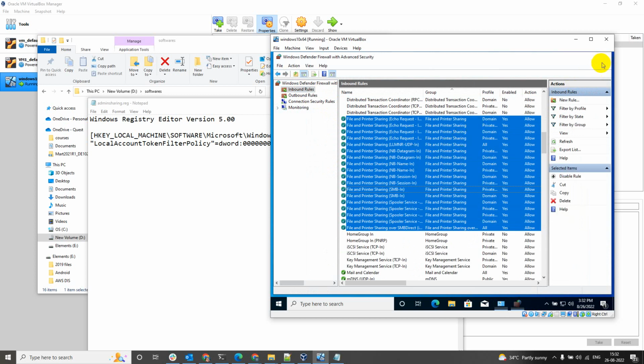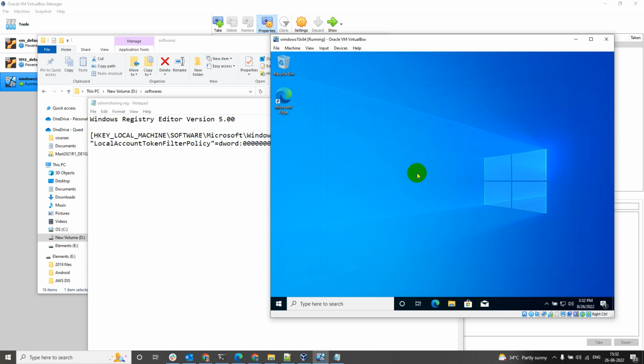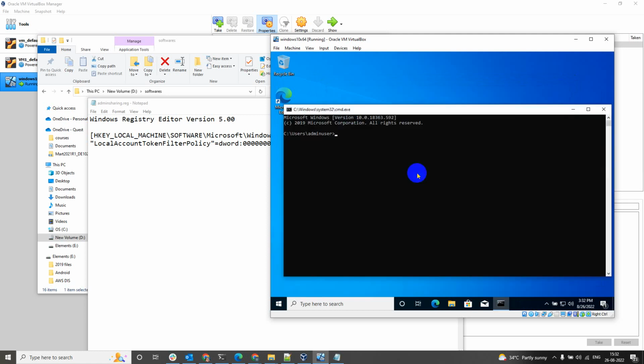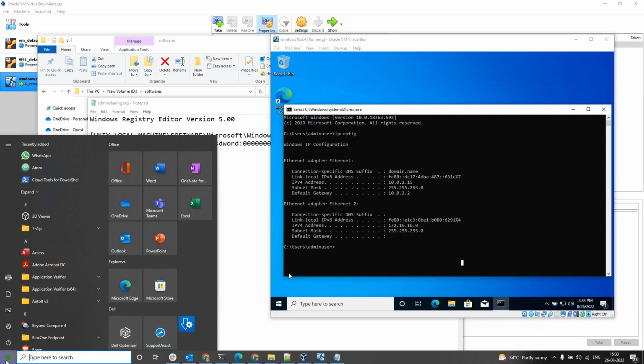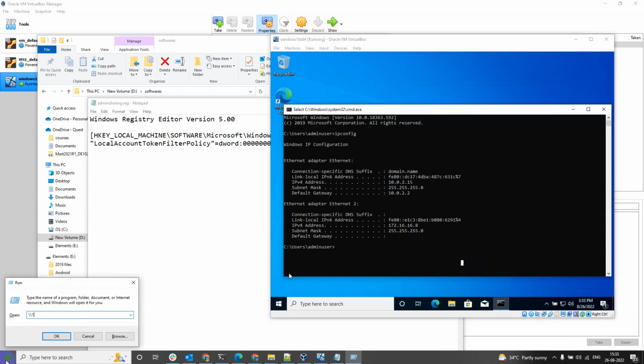So you can access it. If you remember, I have set two IP addresses. The first one is NAT, the second one is private. You see, NAT and host only. Try to connect with host only. 172.16.16.8. As I enabled admin share, \\$C will open the C drive of this machine directly,